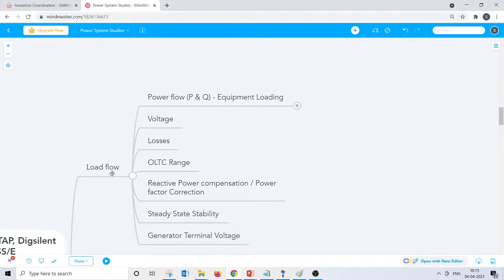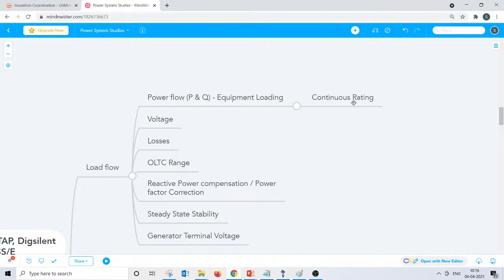If I look at load flow, you can find out the power flow. What I mean by that is the equipment loading in each and every branch. That could be a transformer, a cable, a transmission line, everything. It could be identified using this load flow analysis, and this helps to find out the available transfer capability or available transfer capacity, right? So it is not just finding out the power flow. It decides what the equipment rating should be.